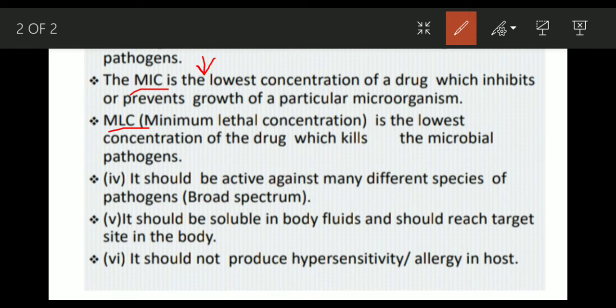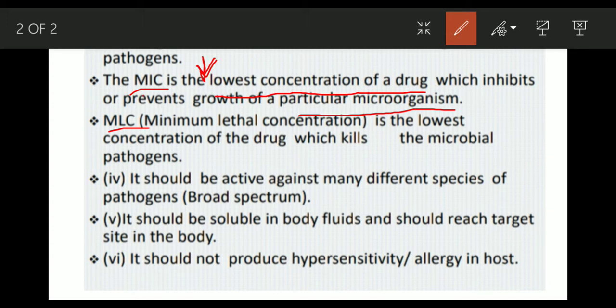That means minimal inhibitory concentration is nothing but the lowest concentration of the drug that inhibits the microorganism. It should have a low MIC value. That means that a small amount of the drug, a very low concentration of the drug should be enough to be able to eliminate the pathogen, right? So if a drug has low MIC value, that means it is very suitable and it is ideal for treatment,